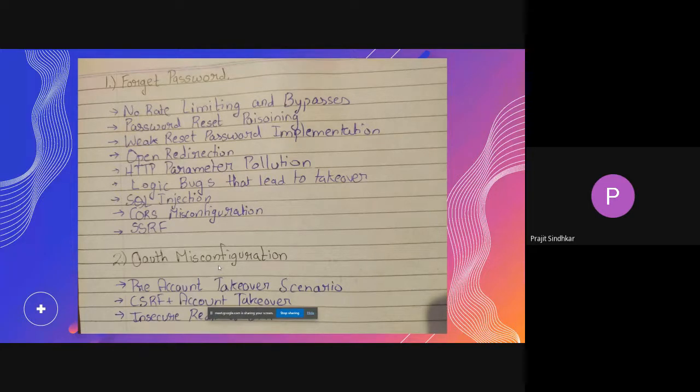Okay, like if I'm working on SQL injection, then I will try to find SQL injection with any method I have. If I am working on no rate limiting, I won't just stop if it is not there. I will also try bypasses as well. So this is the thing you have to do.